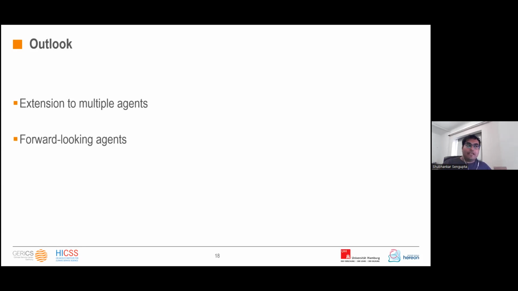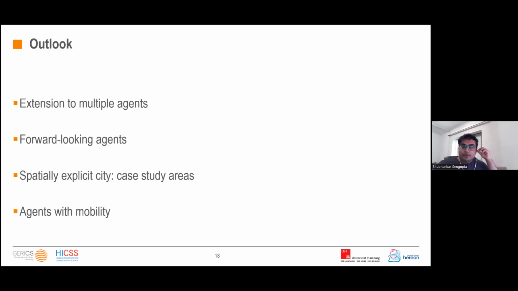And then once we have this concrete foundation of set decision rules, we can make this model spatially explicit and import maps of cities that we select as case study areas from GIS into NetLogo. Furthermore, we plan to combine this model with a mobility model that we developed as a version of Sugarscape. You might have seen it in Professor Sheffron's presentation earlier. The idea is to combine these two models and add this mobile element, which is basically then another action that individual agents can take to adapt to rising sea levels.